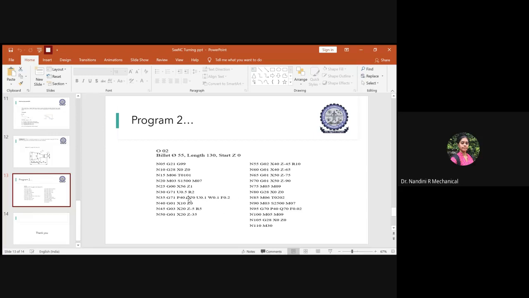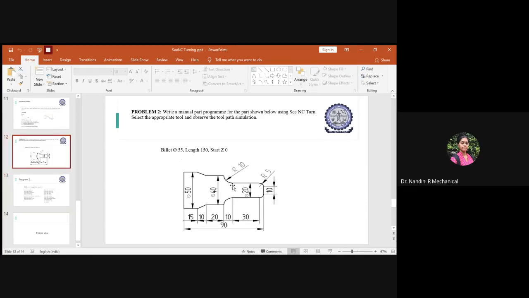So you have the entire thing ready to make the rough finishing cycle. The rough finishing you can do only by linear interpolation. If you have any radius, your fillet, your chamfering part, then you have to go for circular interpolation. Based on the direction, you have to select either clockwise or anti-clockwise circular interpolation.